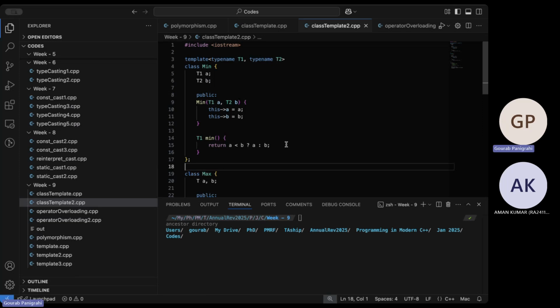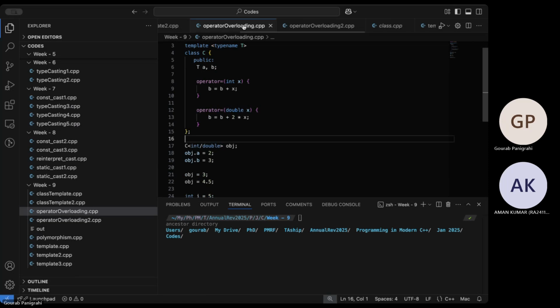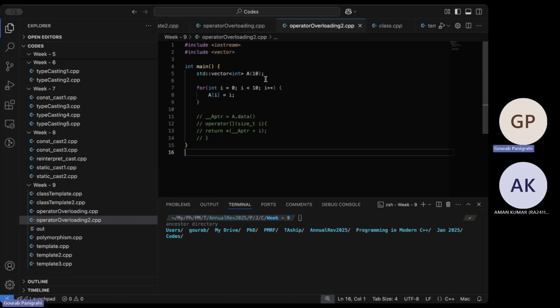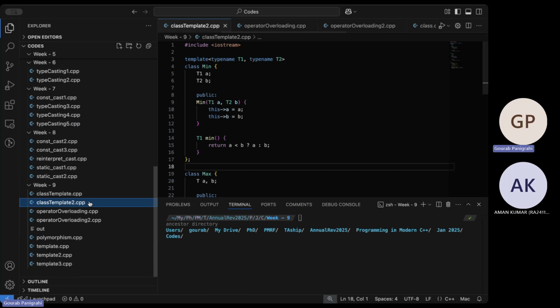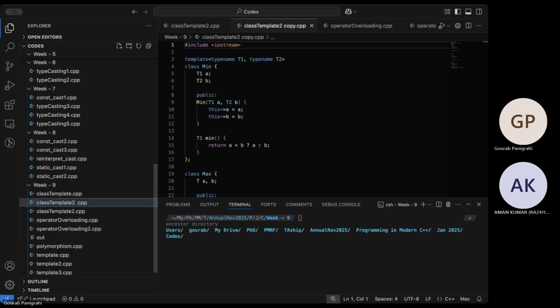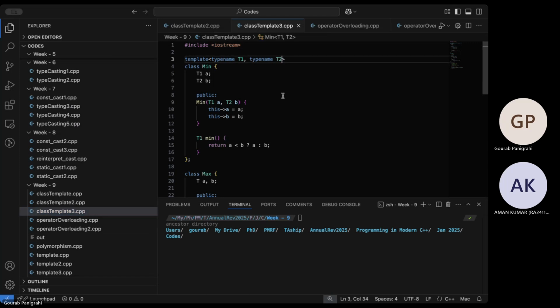Yes, you can. Since vector takes templates, you can actually make the vector itself a member of our class. So okay, let's take this and then extend it. For now, let's have just one template parameter.